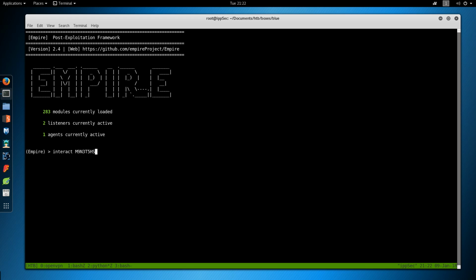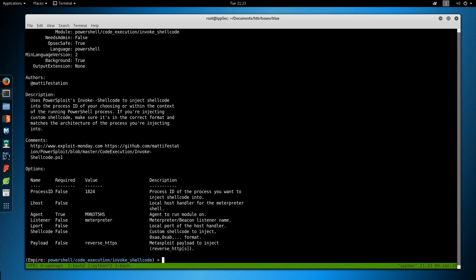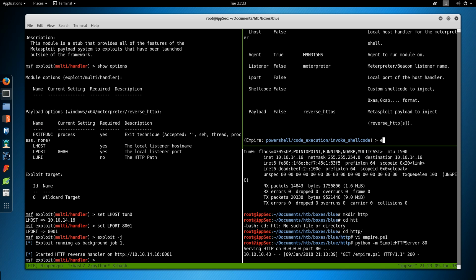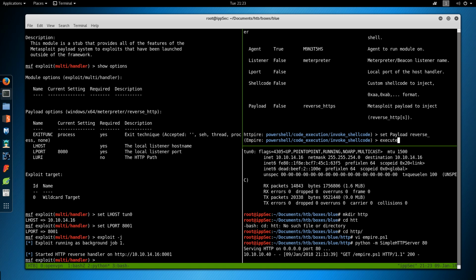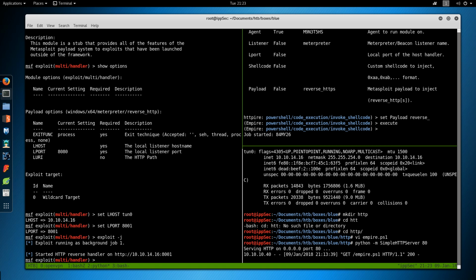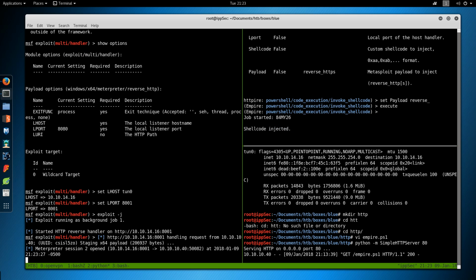Then interact, shellcode, no, inject shellcode, interpreter, and then the PID of that PowerShell session, do info, and if we execute this, oh no, we have to set the payload to be reverse HTTP, execute, job started, session 2 opened,